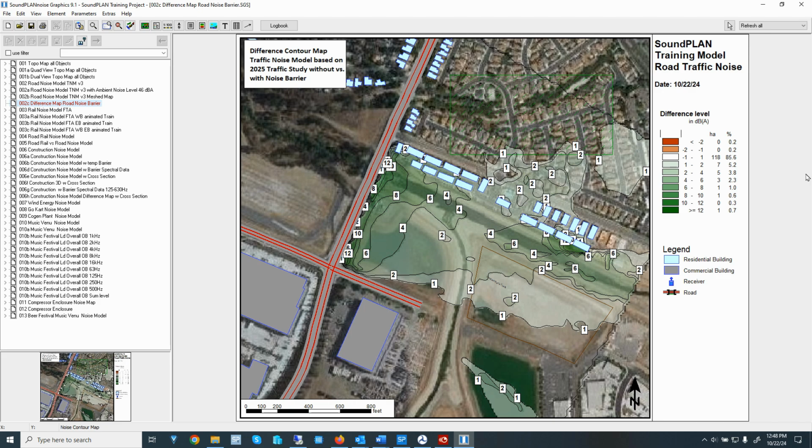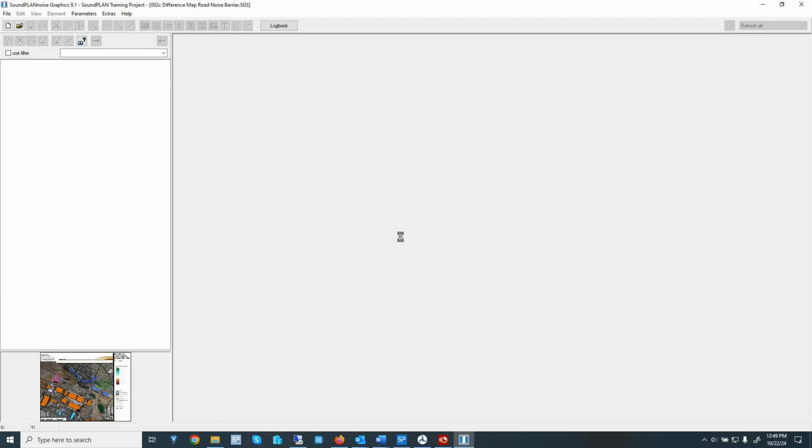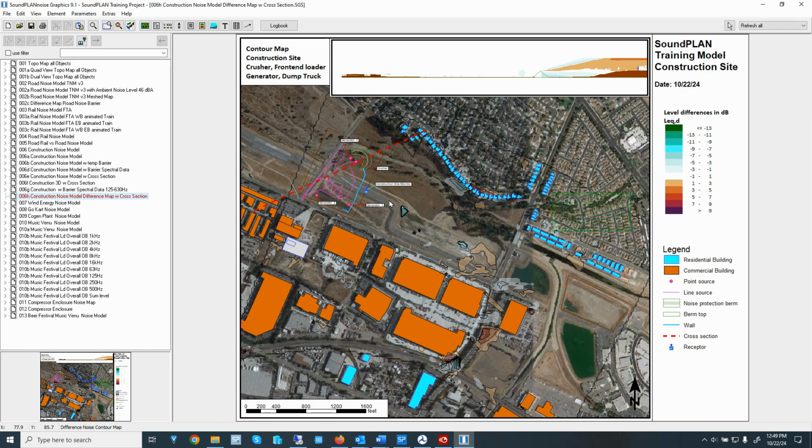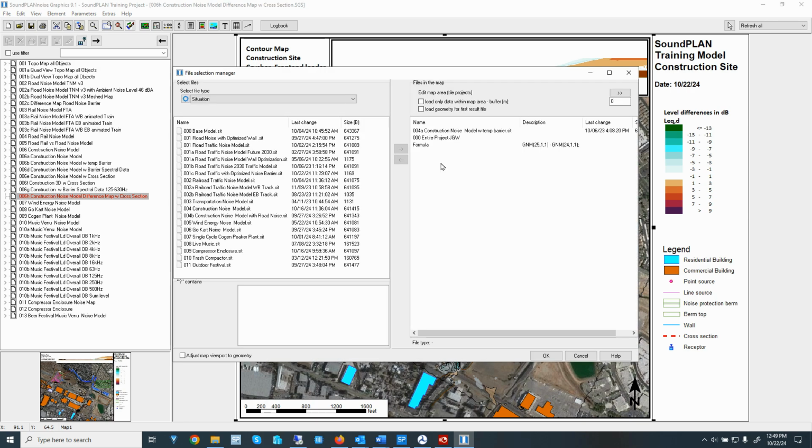And then of course you also have the surface area that you can present. Some other changes in the graphics are not huge, but noteworthy. Here, when we assign text to source names or receptors, we can of course load those in the file selection manager.